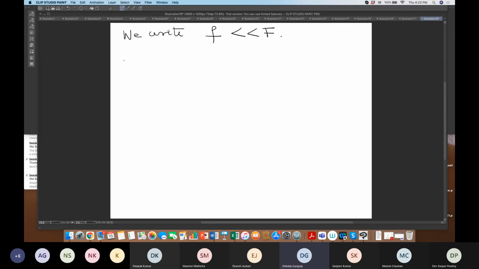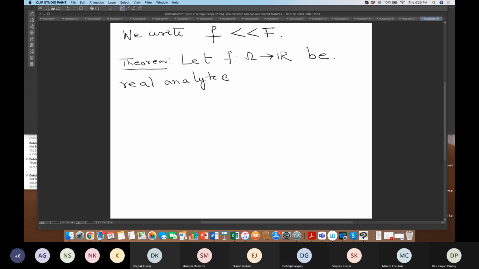Now a small theorem. You can understand that I have to do the same proof as for the system of ODE, but there we had to find that G, and that time this G is a vector valued G. So, the very beautiful theorem: let f from omega to R be real analytic, as 0 belongs to omega, then there exist C positive and R positive such that